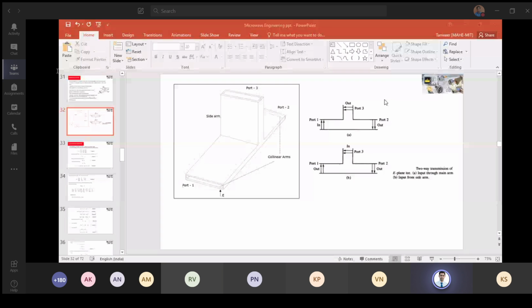Microwave transmission line. Chapter 1 starts from the introduction about microwave frequency devices and all. Then there is the interaction between electrons, the basics of electromagnetics. Then plane waves are there, I think in chapter 2. Then in chapter 3 the full, complete transmission line is there. I don't know how you are not getting it.